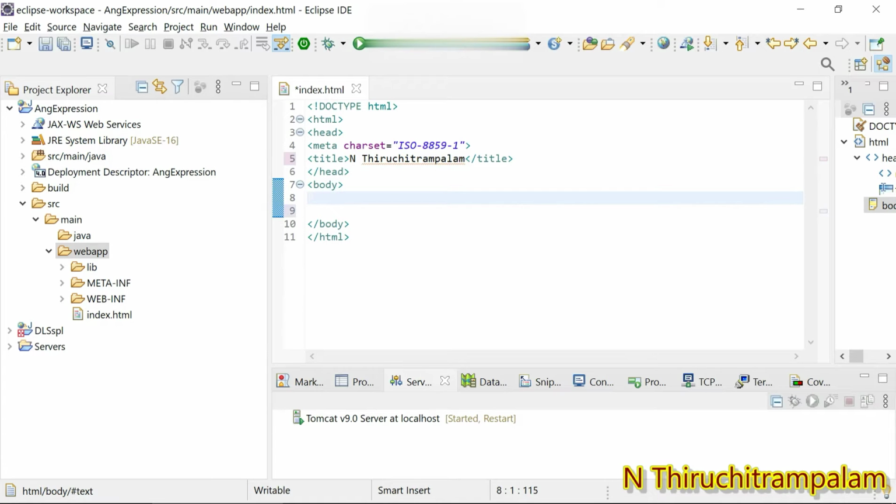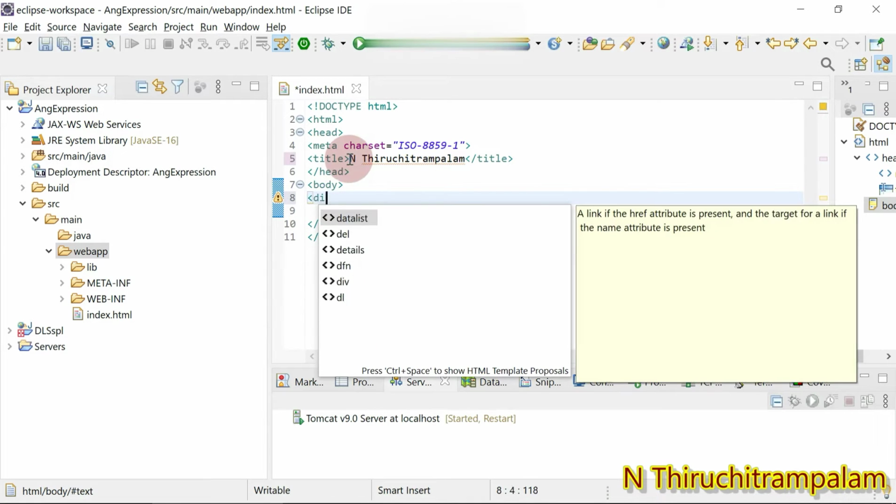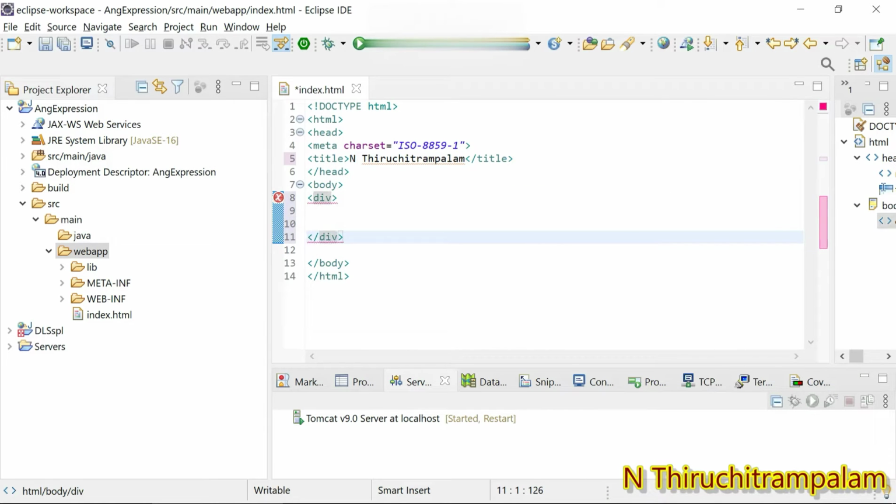Then I create the div element. Within this div element I give the directive ng-app equal to double quotes. It's a default Angular module. And then ng-init.